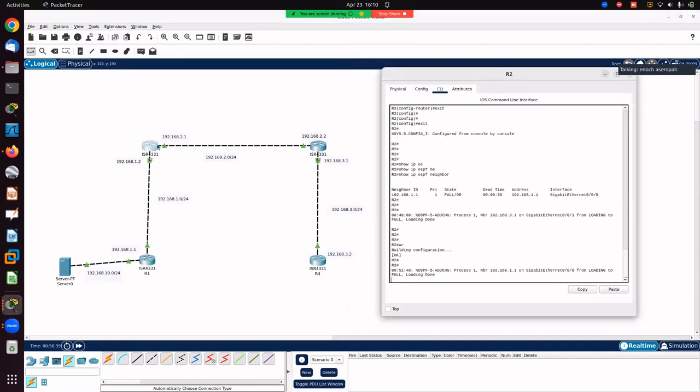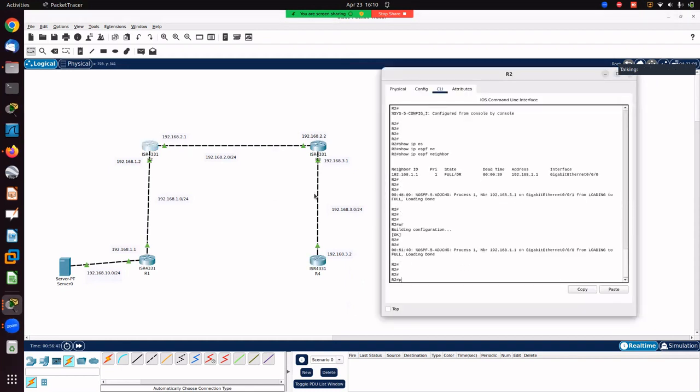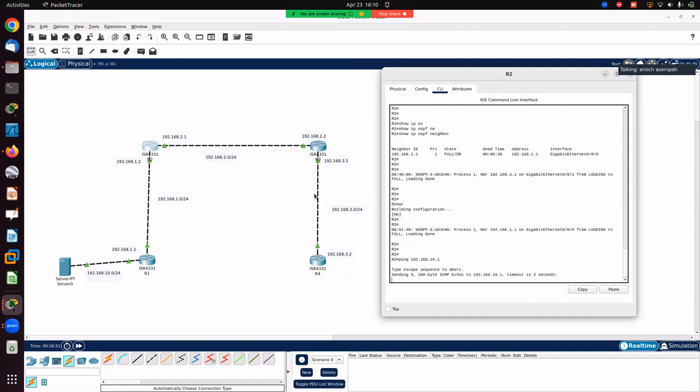So let's come here and let's see something. So here, let's say ping 192.168.10.1. I won't be able to reach it because I don't have this 10 network broadcasting to this guy because it's not in my OSPF. I've not added it because I don't want this network